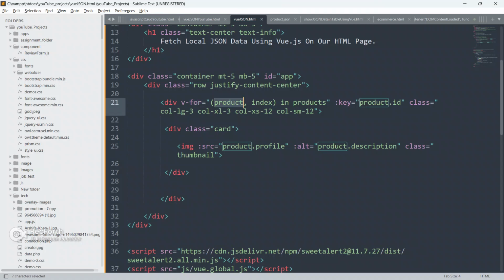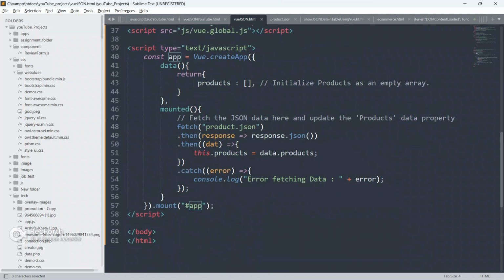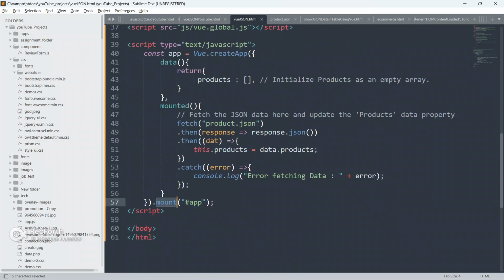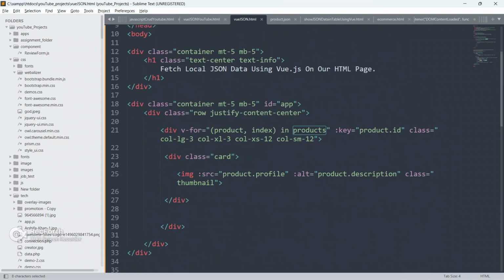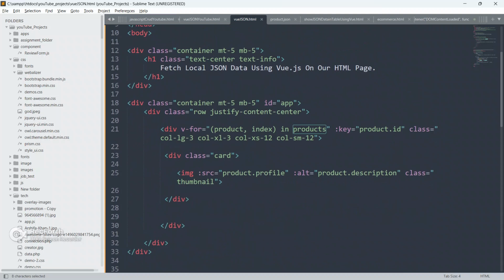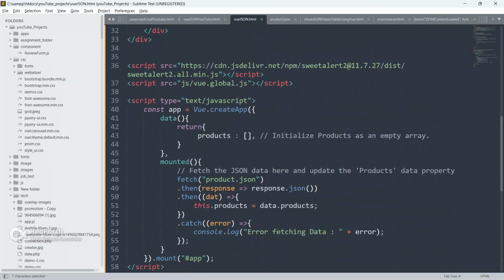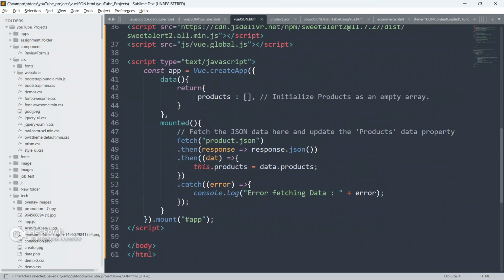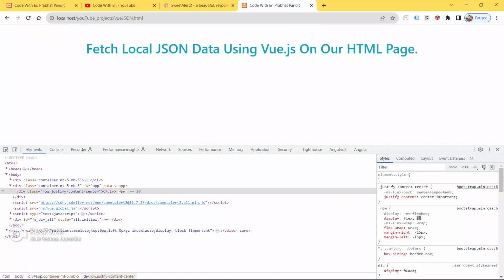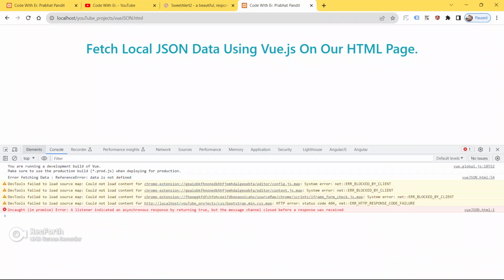Okay, so yeah, v-for product.profile, v-for, and the id is app, mount. Okay, so products is here, key product.id, and src product.profile. So guys, what is the error?